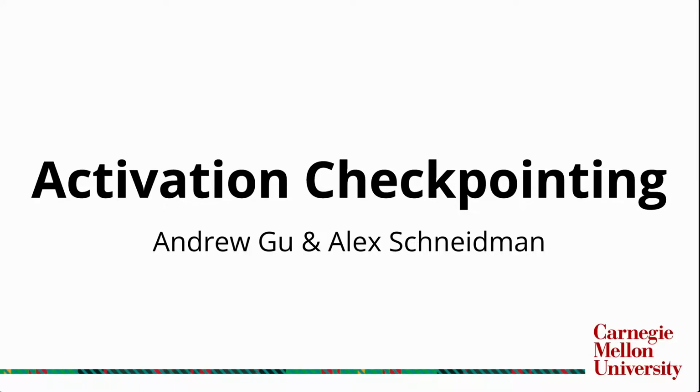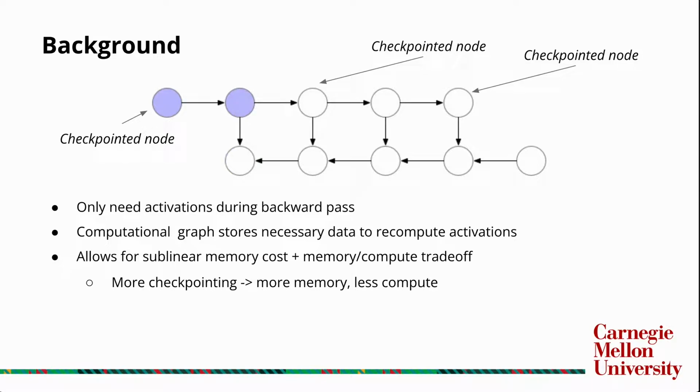Today we'll be discussing our project on activation checkpointing in Needle. So the idea here is if we have some fixed memory budget, we might not want to store all the activations that we took during the forward pass, and only rematerialize those intermediate tensors when they're needed to propagate gradients on the backward pass. Of course, being careful to delete these rematerialized tensors so that we don't go over our